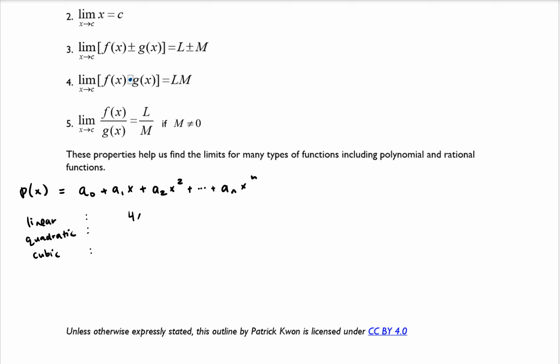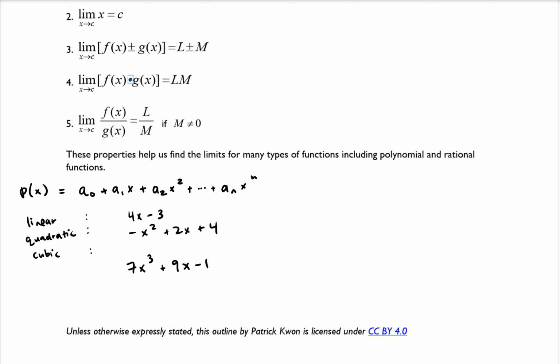A linear function could be like 4x minus 3. A quadratic function would be something like negative x squared plus 2x plus 4. And a cubic function might be something like 7x cubed plus 9x minus 1. So those are examples of polynomial functions. And it turns out that calculating the limits of polynomial functions is really nice because specifically in the case of polynomial functions, if you're calculating the limit, you can just plug in the x value